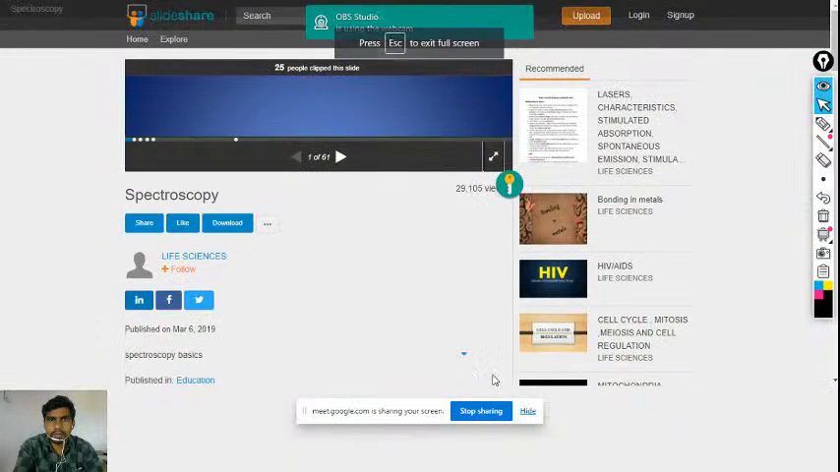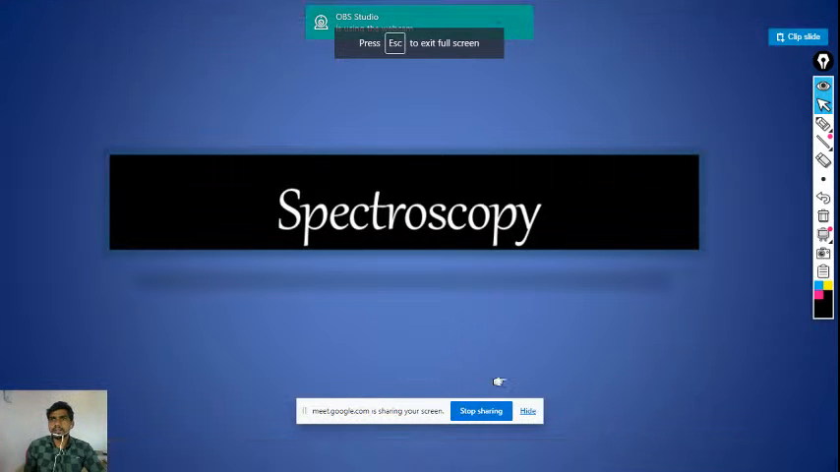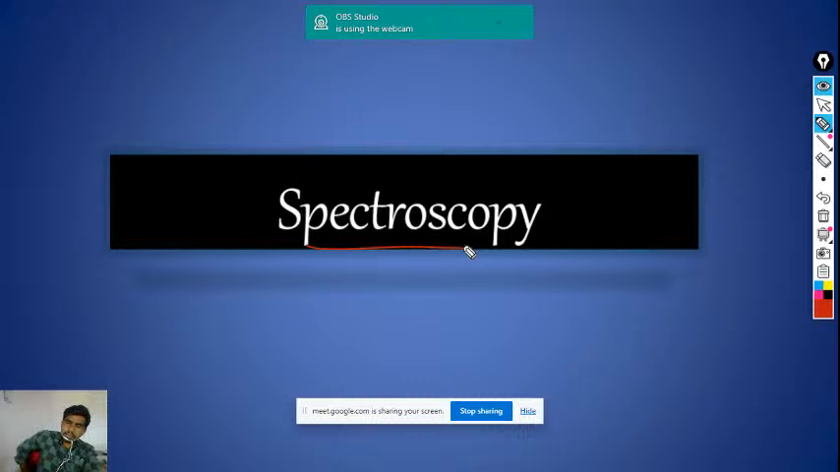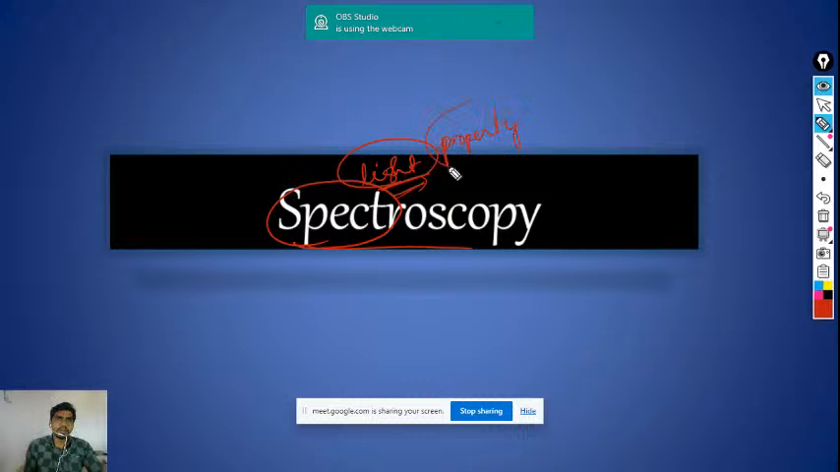Okay, so today's topic is about spectroscopy. Generally, in spectroscopy, spectra means light. So spectroscopy is about light properties. We need to know about light, and scopy means study. So actually, we are going to study the light when it is incident